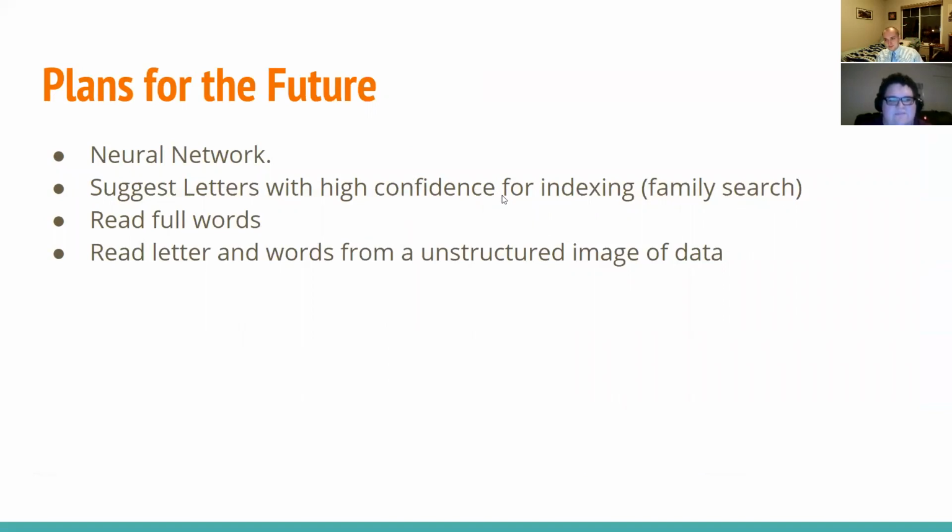Okay, plans for the future. As Sam touched on, we want to incorporate this into a neural networks algorithm, and we want to eventually be more like Tesseract in the future, but not use it. We also want to develop this far enough that it can suggest letters in indexing or family search, that it can give you an option of saying this letter is most likely this by a certain percentage. We think that would be really cool and really useful for beginners and intermediate people that use indexing or family search, because there are a lot of confusing letter shapes.